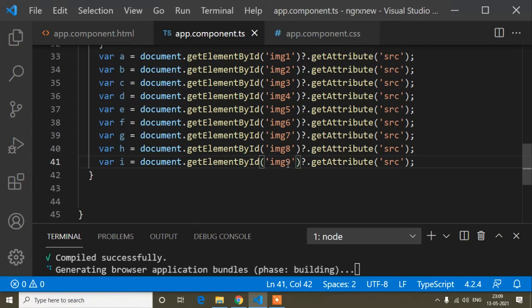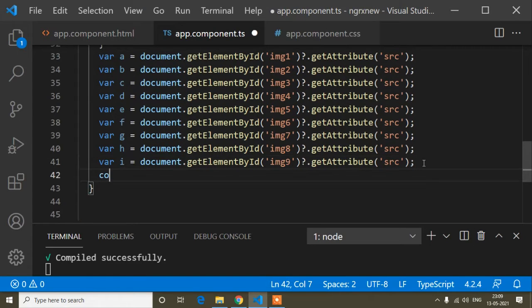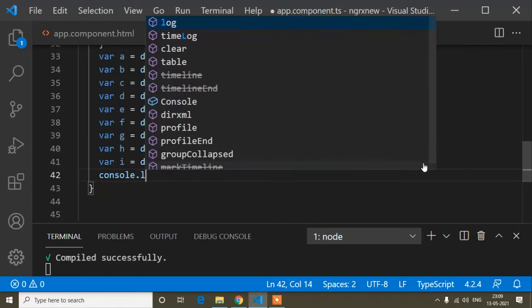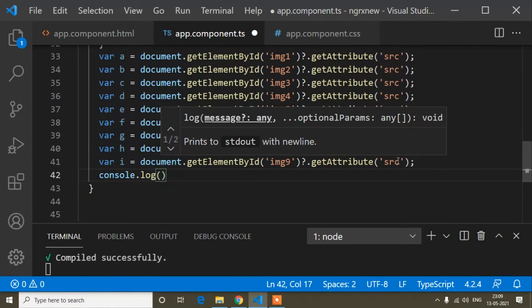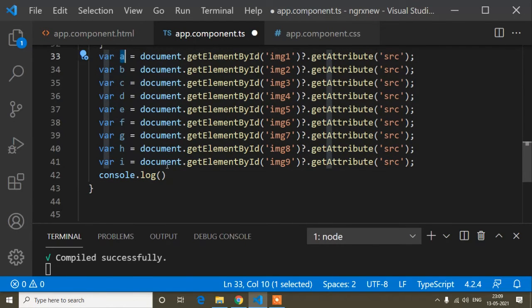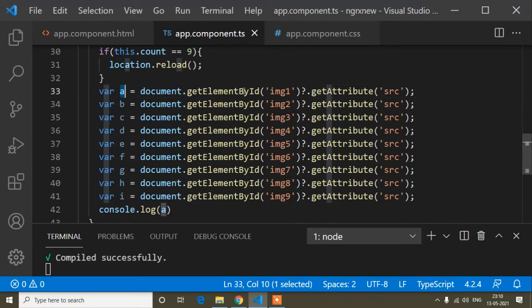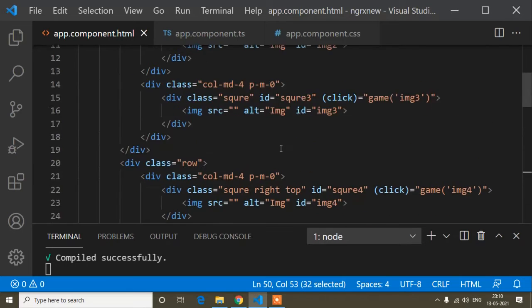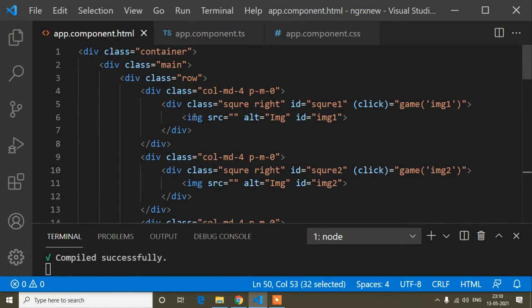Okay, so save it, and now I will write the condition. First of all I will show you, suppose I write console dot log and this a, so let's check what I will get in this console. A means the first id, and the first id is image 1, defined here, inside this first square box.